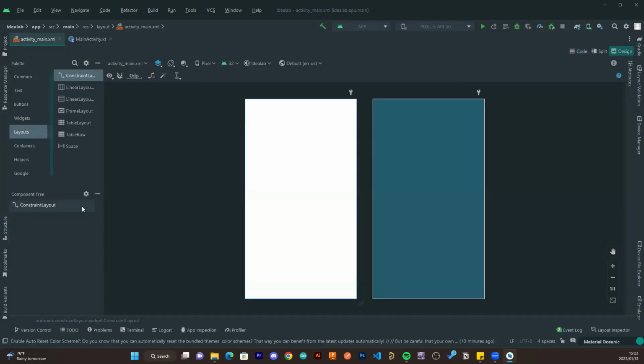If I go to design here, you can see that I do have constraint layout right here. So what is constraint layout? Constraint layout is a layout that lets you put all the things that you want anywhere. If I'm placing a button right here,